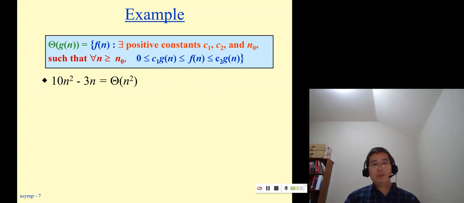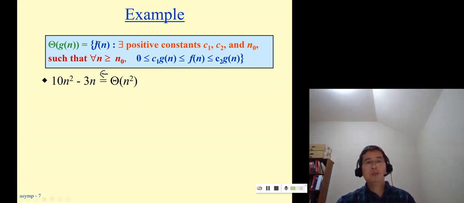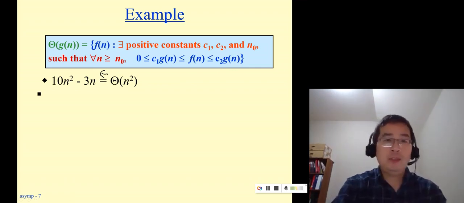The left side is a function. The right side is a set. We want to prove this one equal. In fact, it's the same as this belongs to. That means f of n can be replaced by this one, and g of n will be replaced by n squared. So you need to prove based on this order. So if we want to prove this, by definition, of course, it's the theta definition, we need to prove